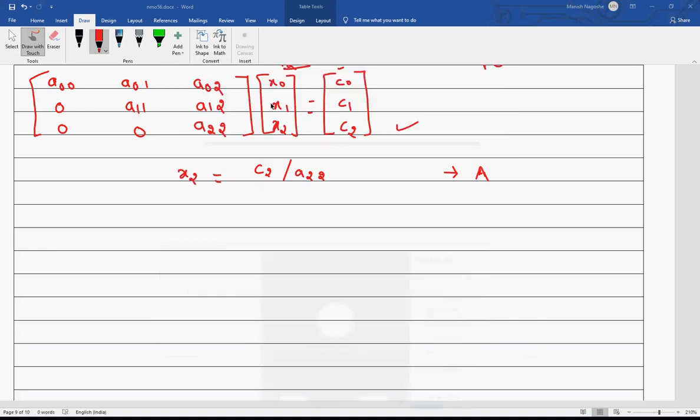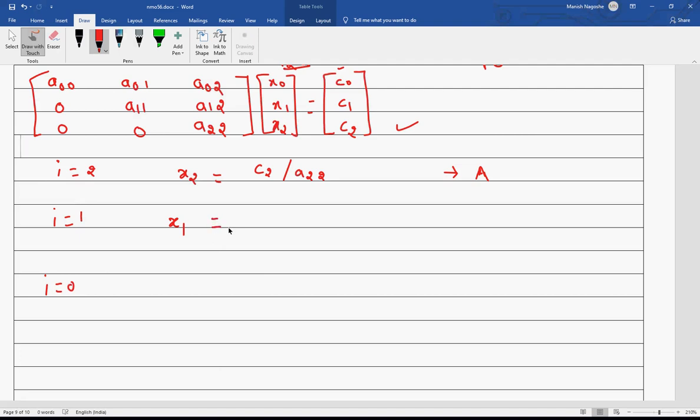Yeah. So we'll not bother about this. Okay. So now I go with x1. So how do I get x1? I'm going with the second last row. If you remember, this is my i equal to 2, and then i equal to 1, and then finally I'll be going with i equal to 0. So i is decrementing. It will start with the last row and go to the first row. That is the change we have to observe.